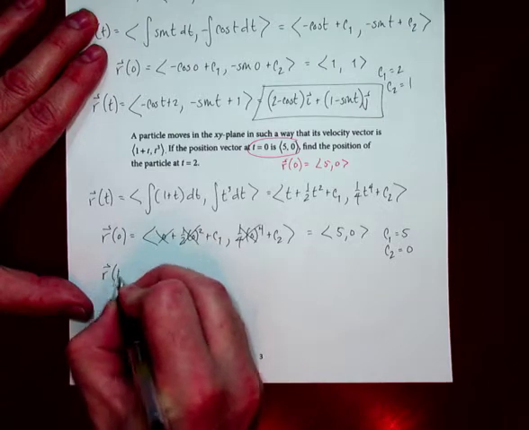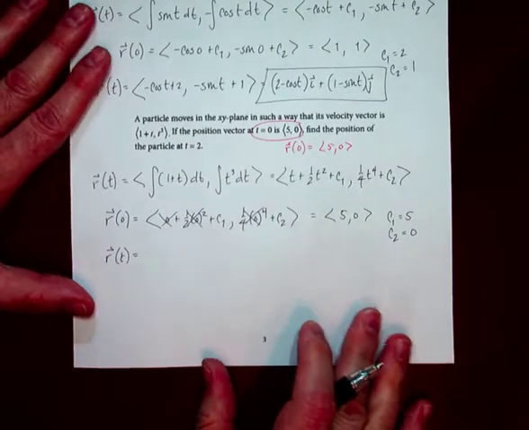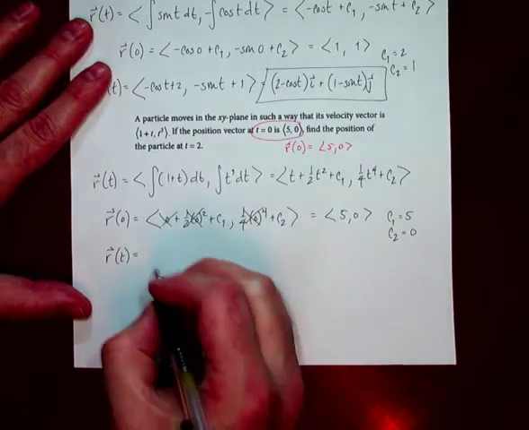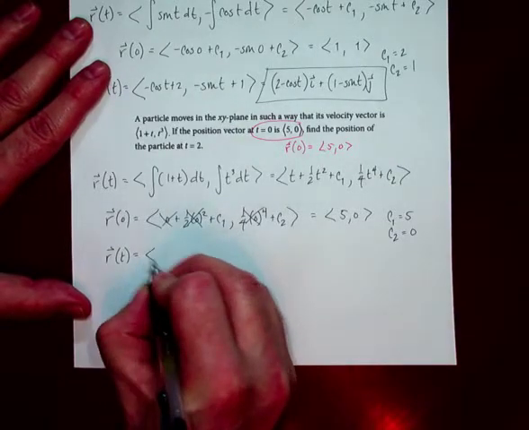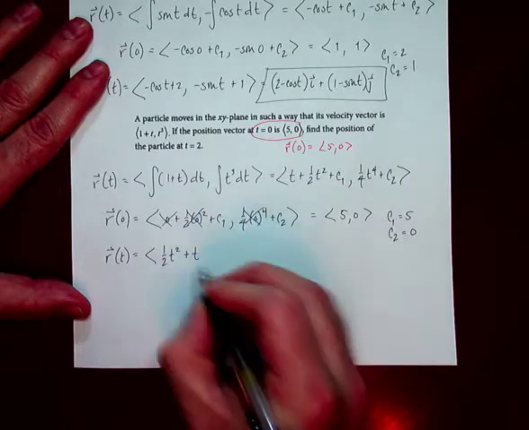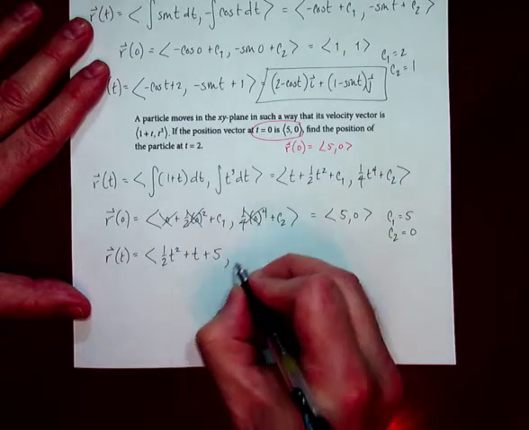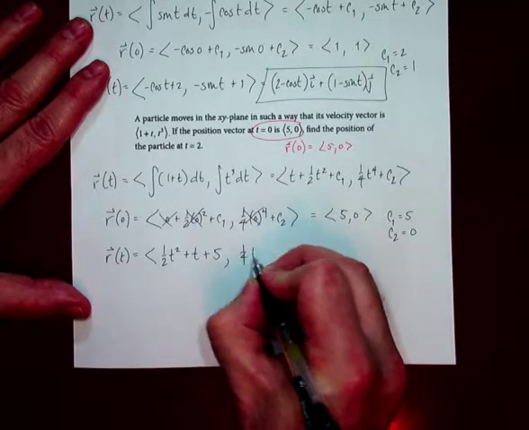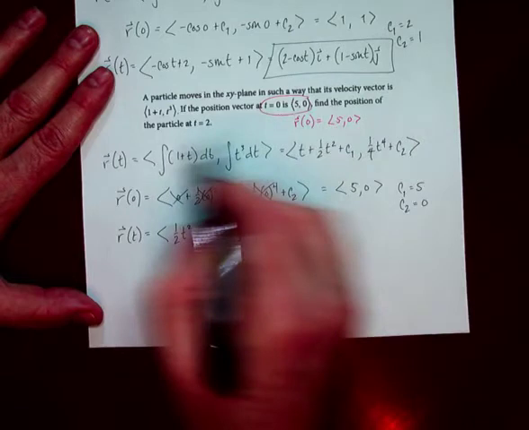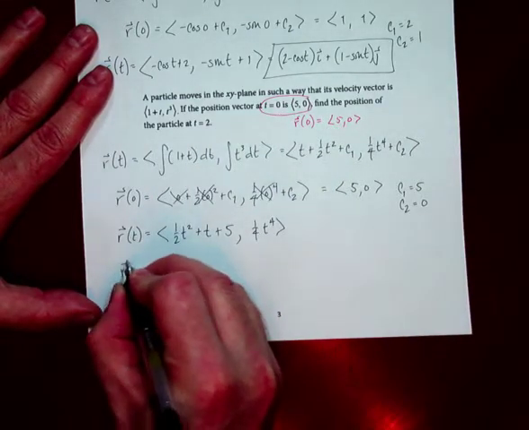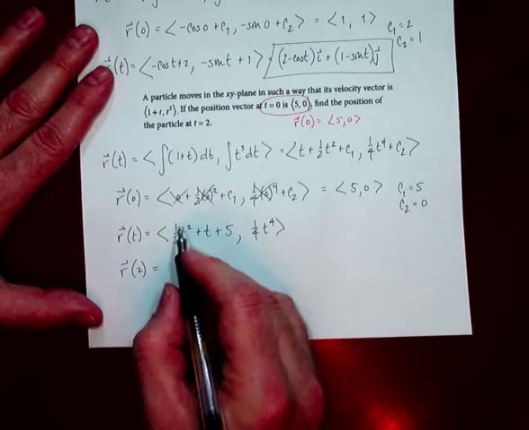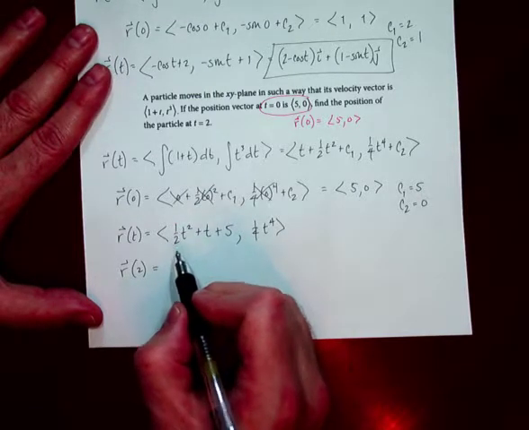So once we've used our initial condition, we have a complete position vector function, and therefore we know that it is, and I'm going to go ahead and put this first one in descending order now that I have my c1, and this one winds up being 1/4 t to the 4th, and now all I have to do to find the position of the particle at t equal to 2 is just evaluate this at 2, and that winds up being 1/2